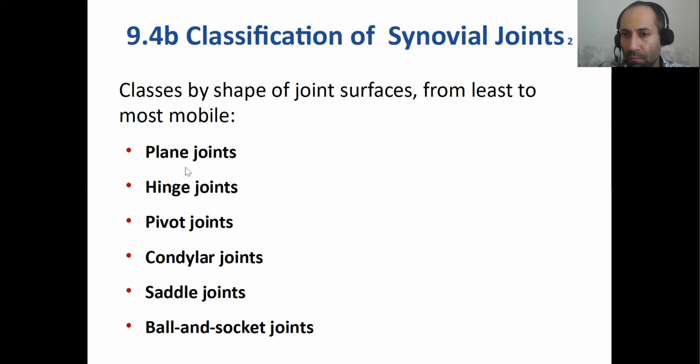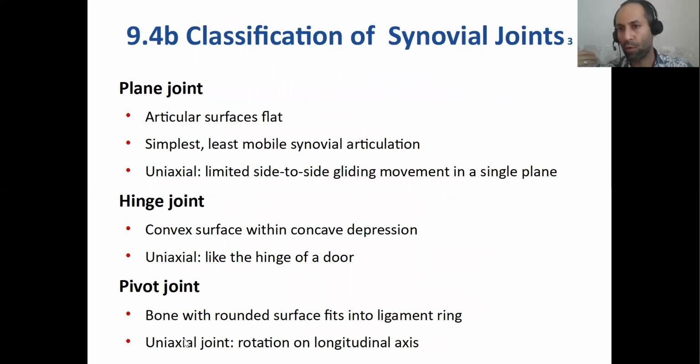Plane joints are the least mobile. Then hinge joints, pivot joints, condylar, saddle. The most movable or mobile of all are ball and socket joints, like your shoulder joint and your hip joint. Most mobile, ball and socket, like a ball-like head of a bone fitting into a socket. For your shoulder joint, that would be the head of the humerus fitting in the glenoid cavity of the scapula. For your leg joint, it would be the head of the femur fitting into the acetabulum of your os coxa,